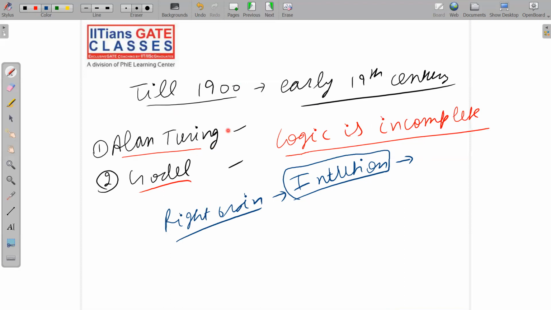So Alan Turing, Gödel, and so on, these scientists were saying that they had some intuition that logic is incomplete. But nobody believed them, because they said intuition is nothing. We want a proper proof of how you can say that logic is incomplete. Proof in the sense that you give some statement, and you know that this statement is true or false, but you try to prove that with the help of logic we cannot prove this statement is true or false.